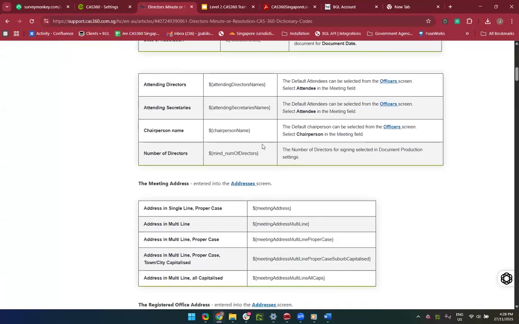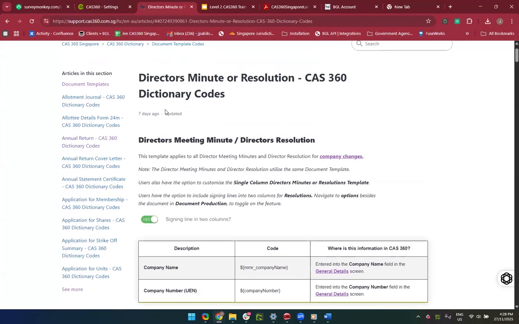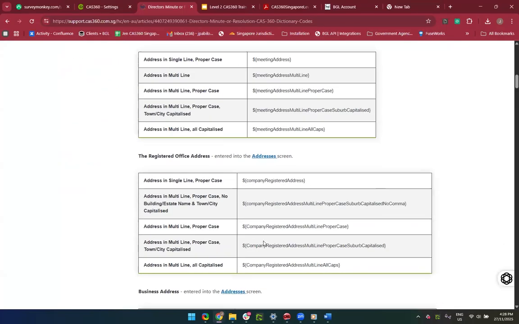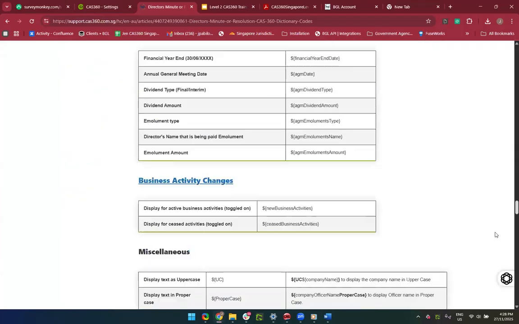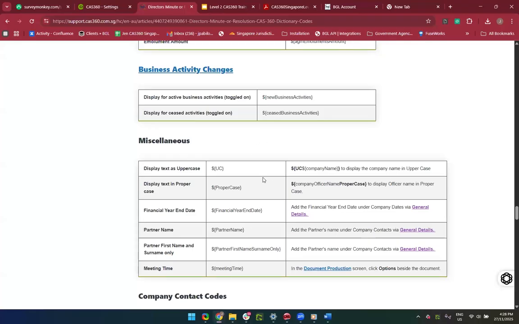And there are different types of categorization systems. Because we're customizing a director resolution, I'm just going to select that I want to change the way I display my officer, for example. So here I will scroll all the way down to my miscellaneous. You can see I've got my miscellaneous over here. And if I want to display the name in uppercase, I can simply click uppercase